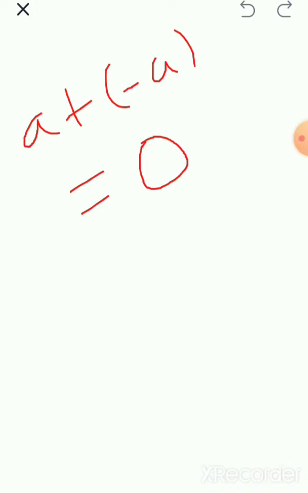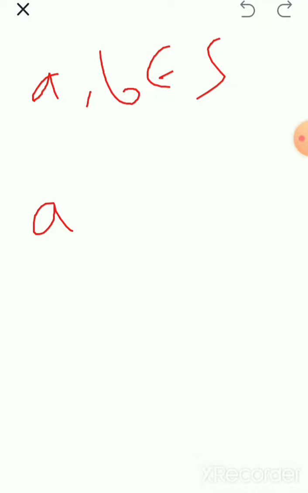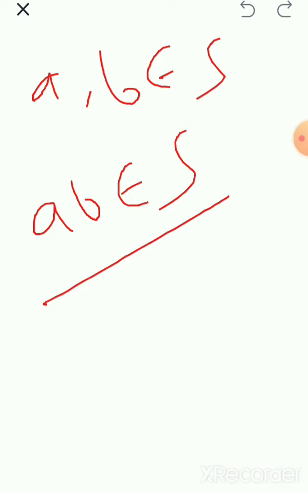Now come on to the property number 6. The sixth property is related with the second operation, that is the multiplication operation. So again, choose any two elements A, B belongs to S. If A dot B, A multiplied by B, belongs to S for all A, B belongs to S, then we can say that S is closed with respect to multiplication. So this is the property number 6.